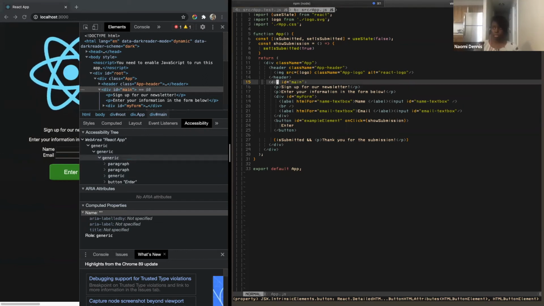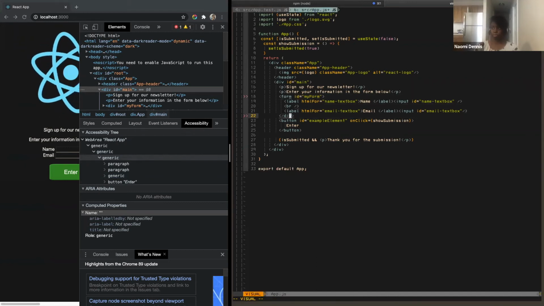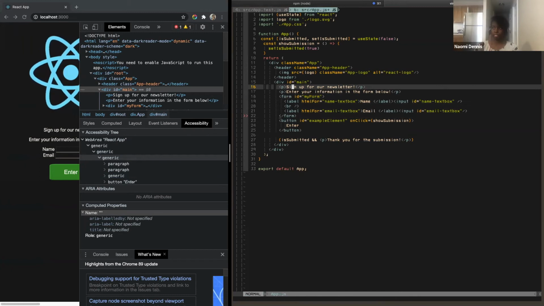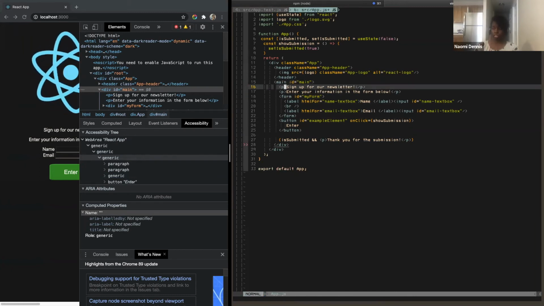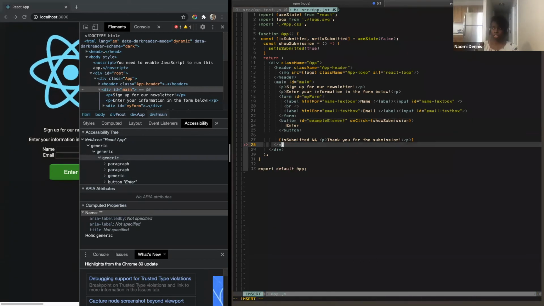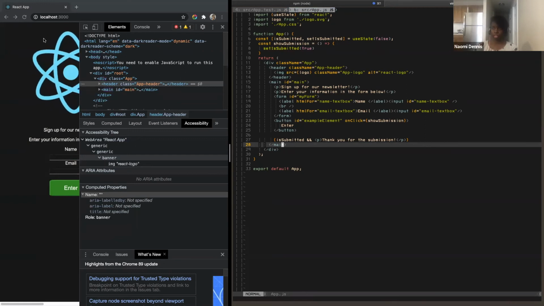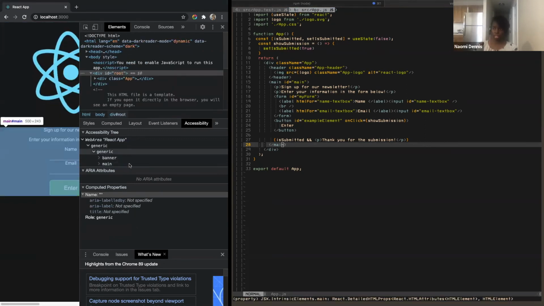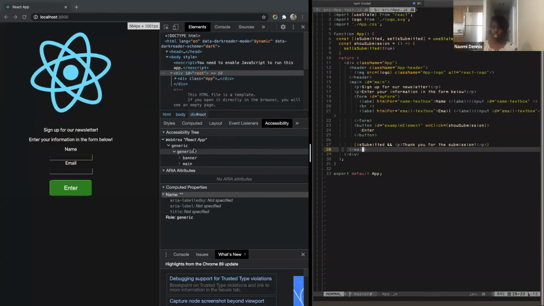And so if we were to, for instance, change this from a div to a form, and then instead of just having the ID of main, we were to actually give it the main semantic tag, and we were to refresh our browser, now we would notice that our website's accessibility tree is a lot more readable. And so if we were curious to how a screen reader would interpret our site, then we would know